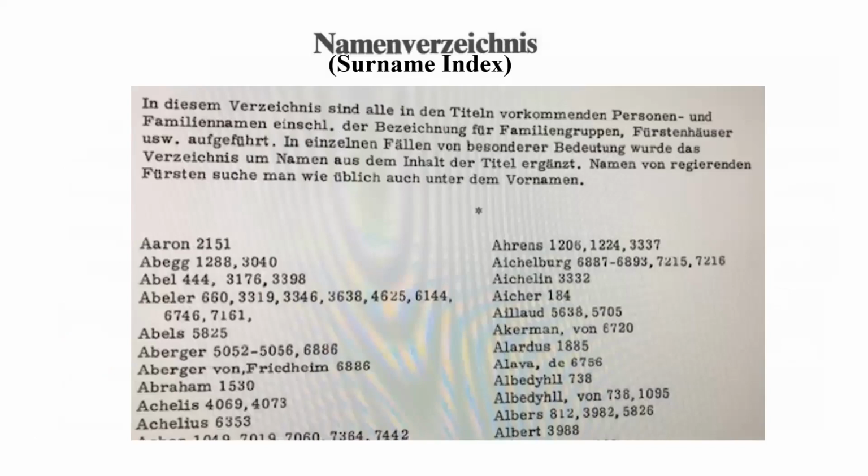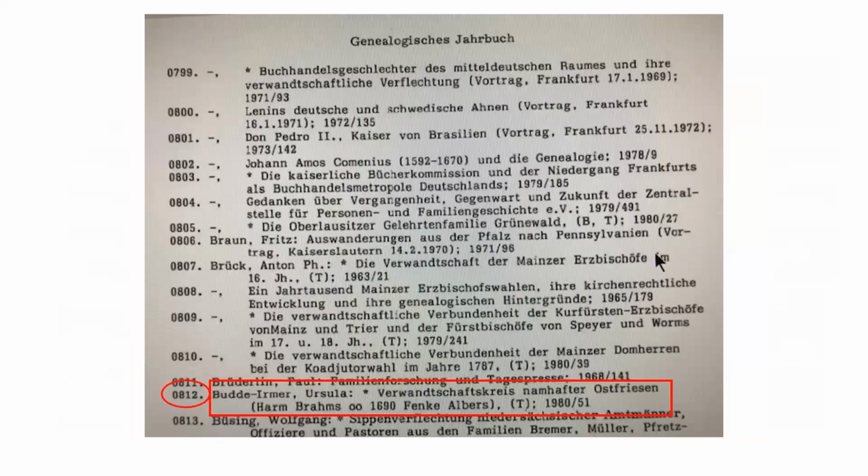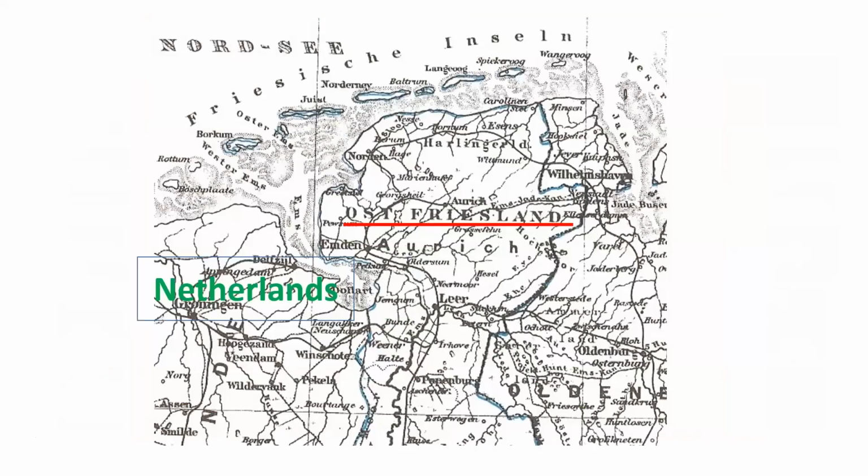Now, the last index in Der Schlüssel is the surname index. In looking up the surname Albers, there are several numbers given. When we look up the number 812, it takes us to an article that explains the family relationships found in the area of Ostfriesland. Ostfriesland is a cultural area found in the northwest part of the Prussian province of Hanover